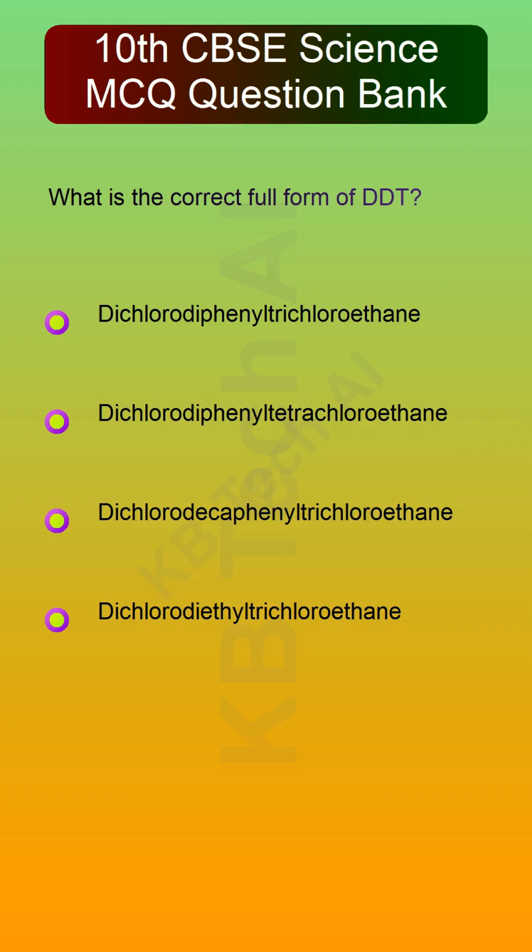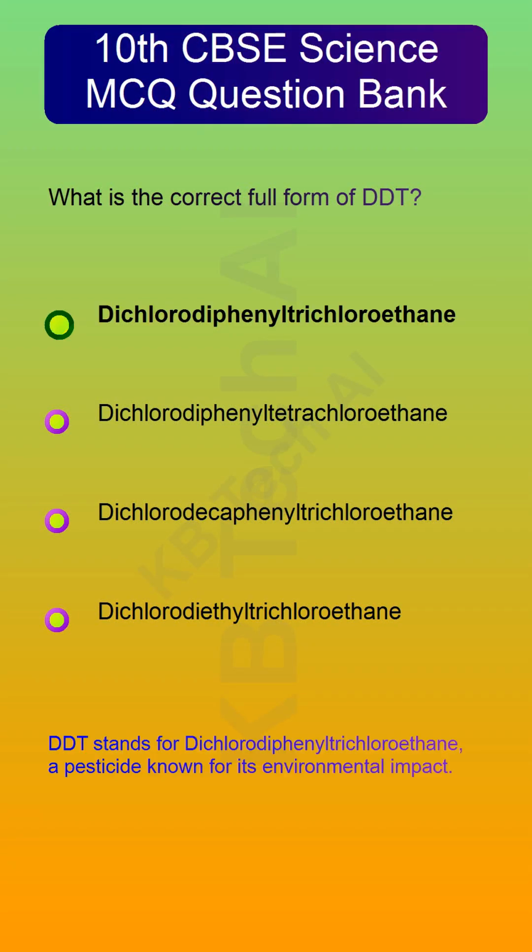What is the correct full form of DDT? Option 1, dichlorodiphenyltrichloroethane, option 2, dichlorodiphenyltetrachloroethane, option 3, dichlorodecaphenyltrichloroethane, option 4, dichlorodiethyltrichloroethane. The answer is, option 1,